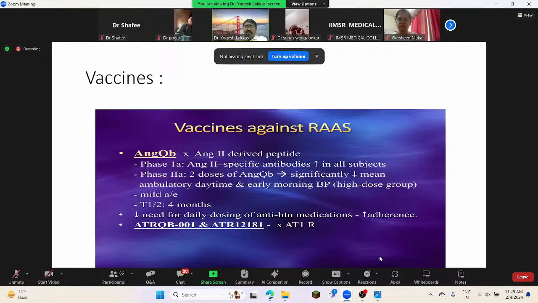That might be the area of interest for these vaccines, because nowadays many of the clinical phenomena or pathophysiology in all the diseases, mainly immunology, is concerned at various places. The mechanism is already extensively discussed by previous speakers, and that's why this will be the area of interest for the researchers and clinicians who are treating hypertension.